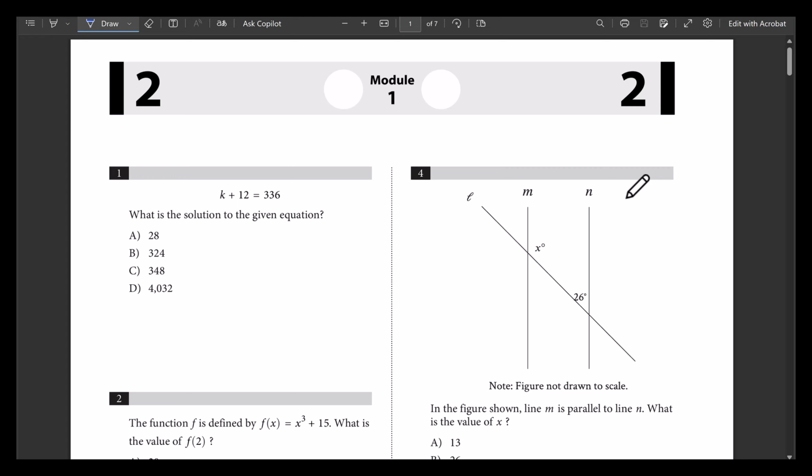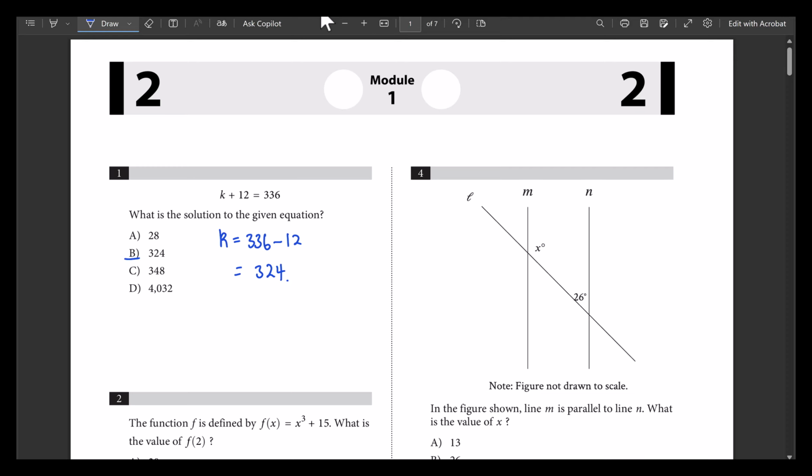In this video, we're going to be looking at the SAT practice test number 3. Number 1, k plus 12 is equal to 336. What is the solution to the given equation? So we're finding k. K would be equal to 336 minus 12, and that gives us 324, giving our answer